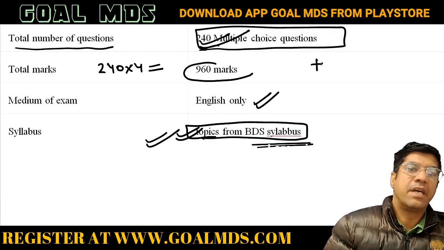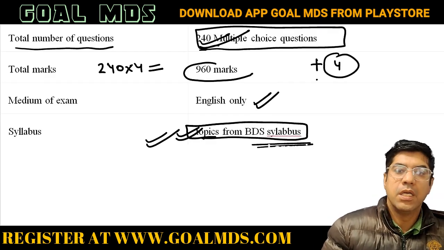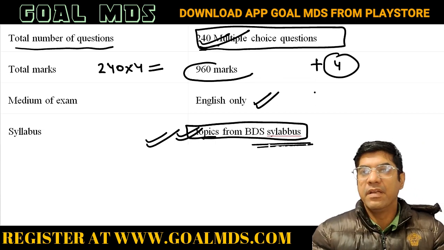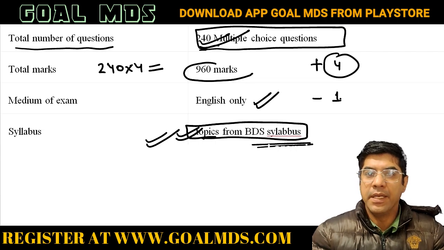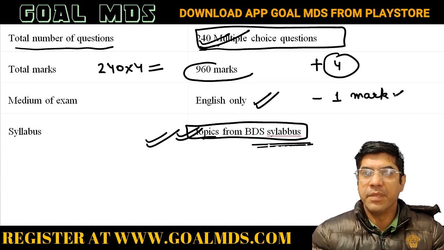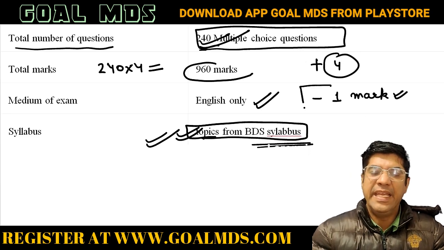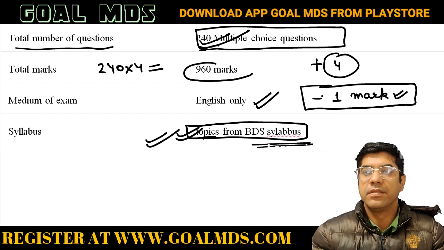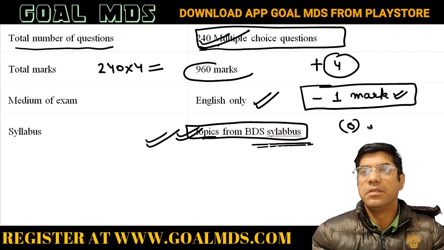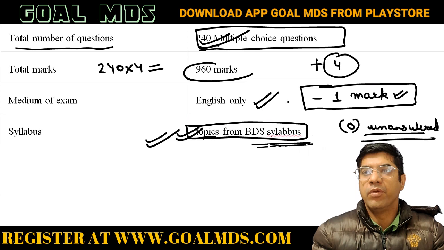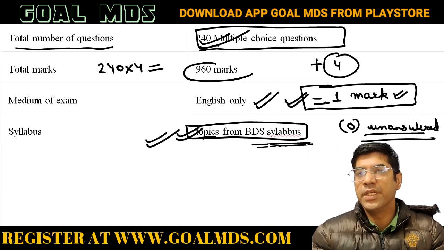Each question is awarded 4 marks, and suppose you make an incorrect answer, then there would be a negative marking of -1 mark for each incorrect answer. The unanswered questions do not result in any mark. So important is that if you answer a question incorrectly, then -1 mark shall be deducted from the